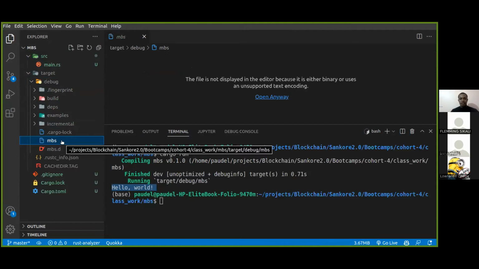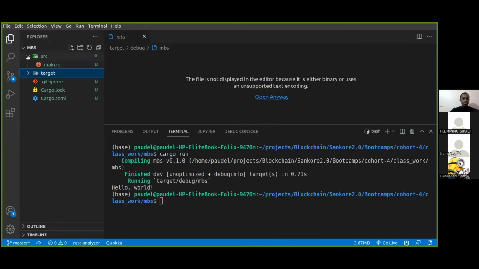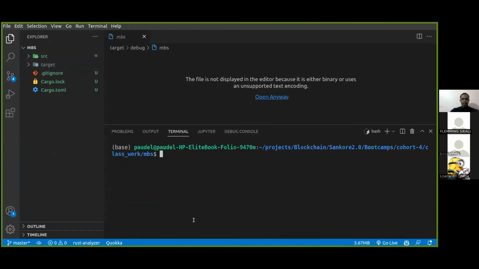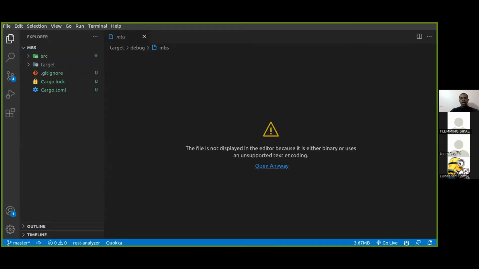Executed it on our behalf. And that's why we were able to see the hello world right here. So that is basically it, how you run a program within your Rust project, guys. Okay, I really hope that is clear up to that point, because I'm just going to now share